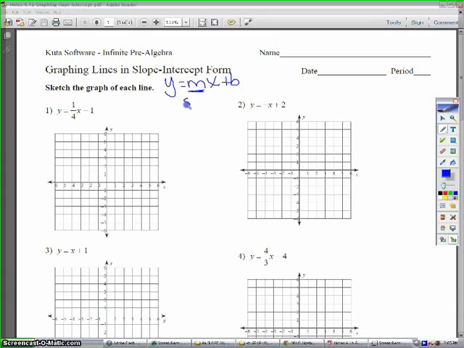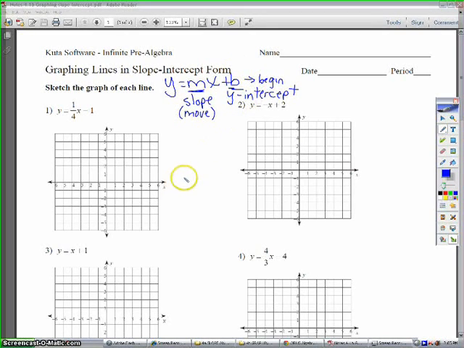Okay, m is our slope, and b represents our y-intercept. Now we always start the graph with the y-intercept because that's where we begin the graph at. So if you associate the mx plus b, b being where we begin, we're going to begin on our y-intercept. And then our slope is how much we move. Remember, that's our rise over run. So m associates with move, that's how much we move point to point, and b is how much we begin